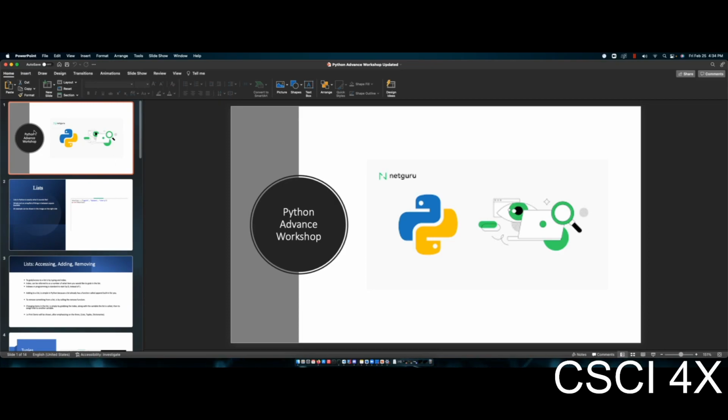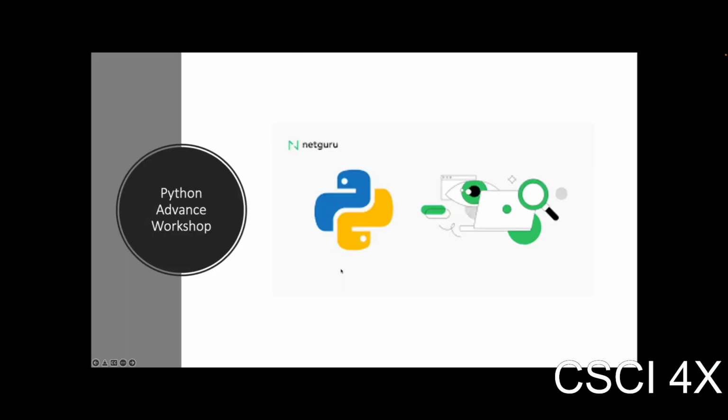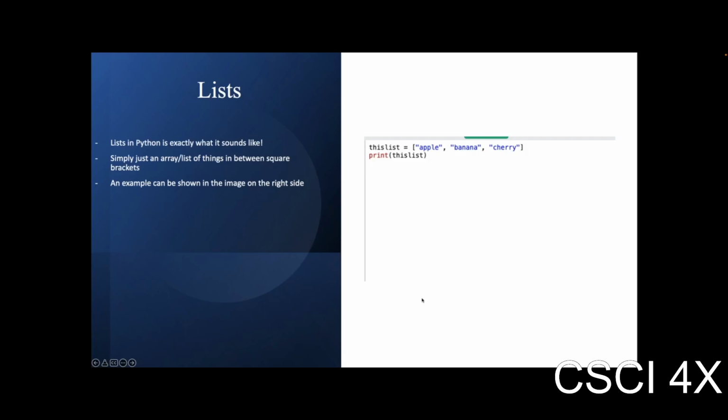So the first thing, hold on, let me do this. The first thing I'm going to go over, since Alexander didn't have enough time to go over lists, tuples, and dictionaries, is that. For those of you currently in CSI 41, you will probably understand lists and the references to lists a lot better since you are going over linked lists. And if you're having trouble, this might clear things up as well. So for lists in Python, it's just basically an array